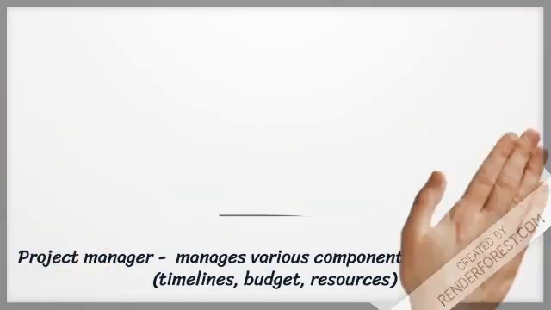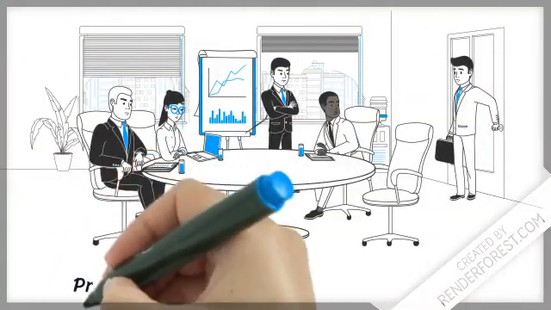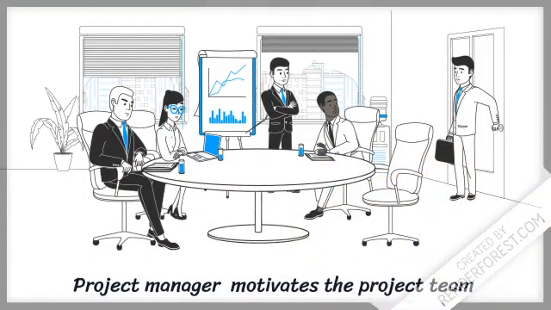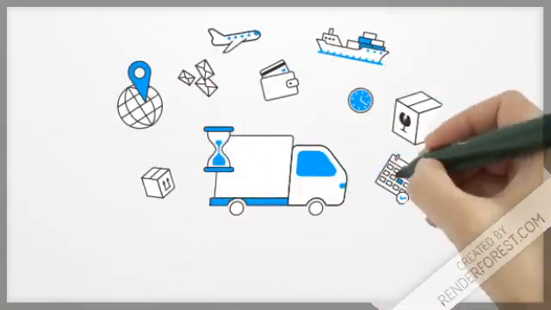The project manager, on the other hand, is responsible for a specific project which has a clearly defined end and start time. Within this specific project, there are schedules and timelines that need to be managed. There are also financial, human, and organizational resources that need to be managed. These are all done by the project manager. The role of the project manager is to ensure that the project goal is achieved.